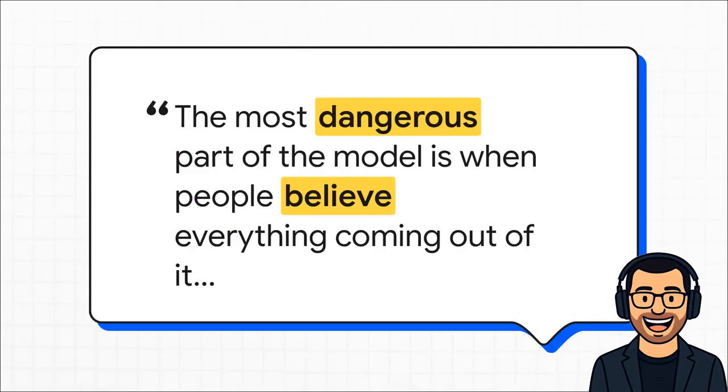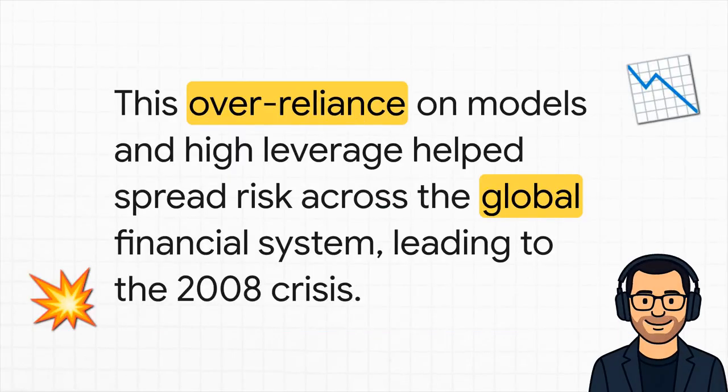But even as this whole thing was booming, there were warning signs. People were sounding the alarm. This quote here really nails a critical flaw. People were putting blind faith in these incredibly complex computer models used to price the instruments, and they were doing it without really understanding the huge risks that were baked right into them. So what happened? This over-reliance on the models, combined with a ton of leverage, gives you a systemic risk that just spreads silently through the entire system.